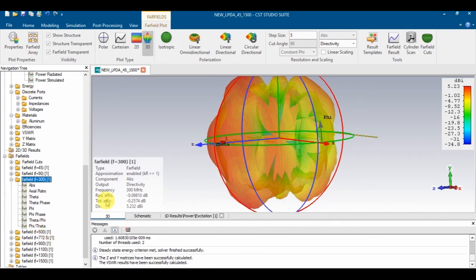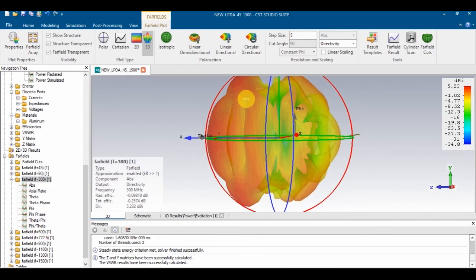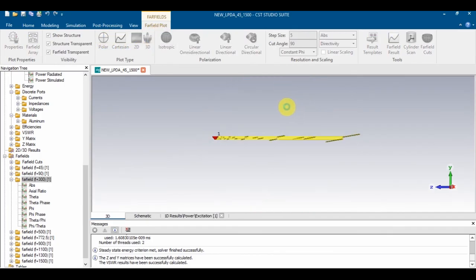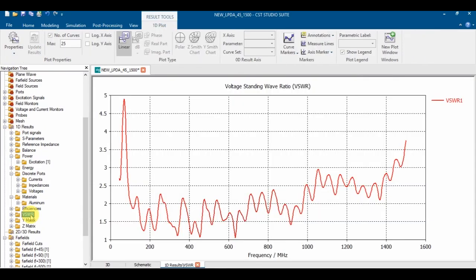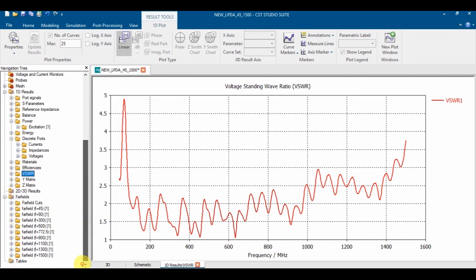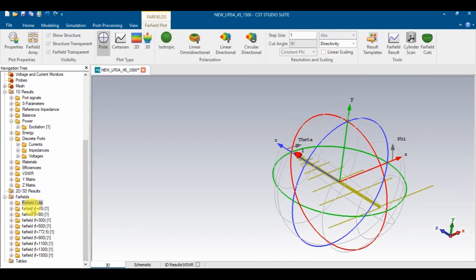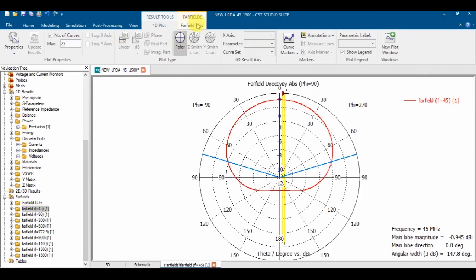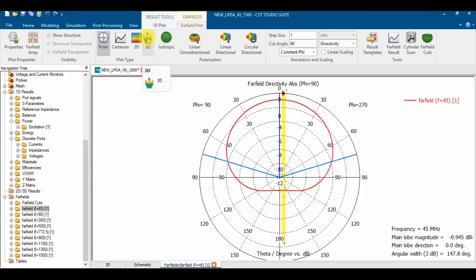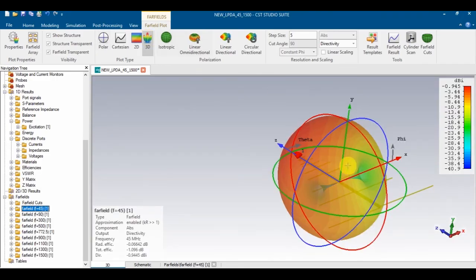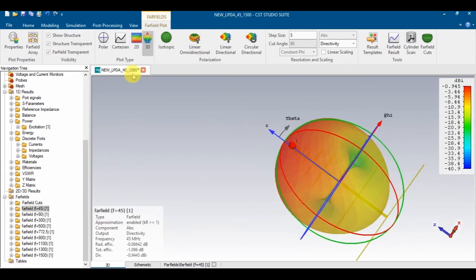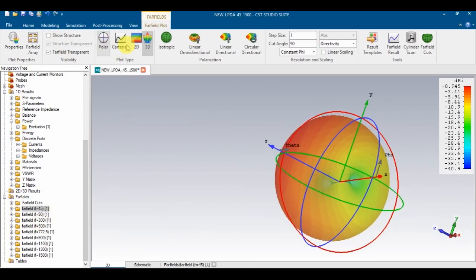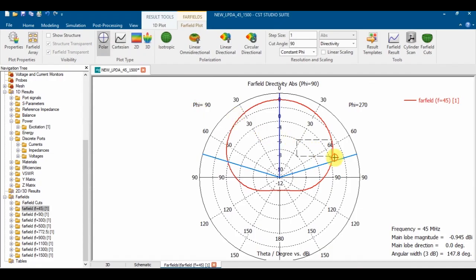So different. Okay, let's say polar graph. Let's check it. Now this is